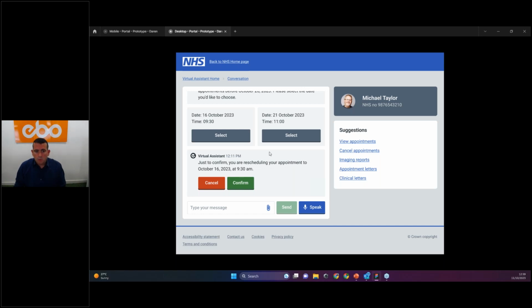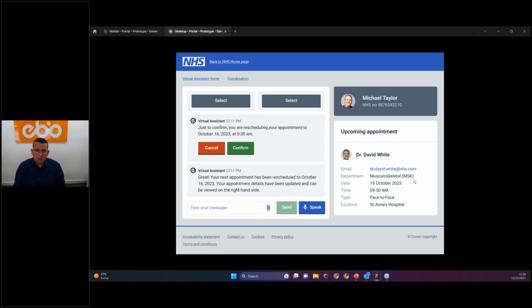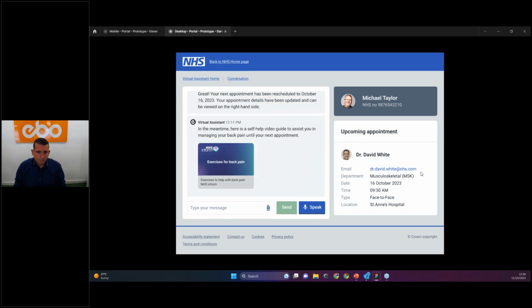So over here, we're rescheduling an appointment. We would give them the appropriate confirm. We would press that, and then it would be displayed on the right-hand side, as you can see. Now, this is something else that we would look to build with the trust. If there is information from the service that is uploaded into the ERP and the EPR, and it could be pulled through, we would actually display it in here as well, in this way. So in here, they're showing a self-video guide. So links to any other websites, to information, or actually just pulling through videos, etc. Those are all elements that will be handled by the patient portal.